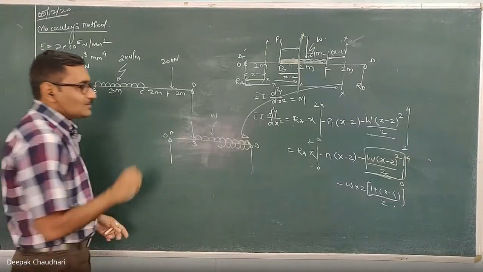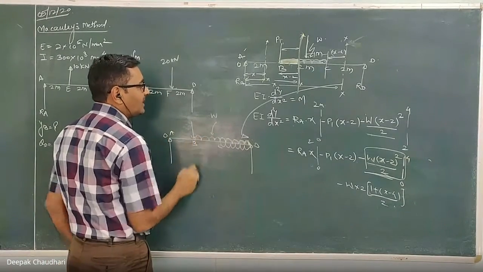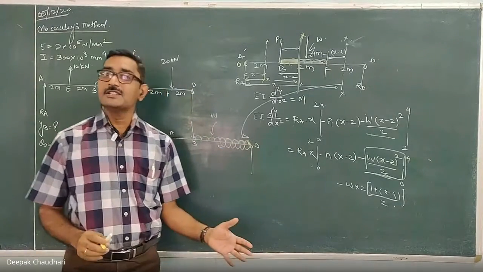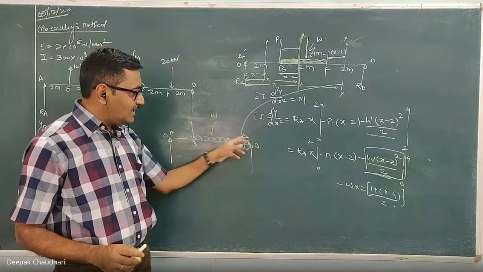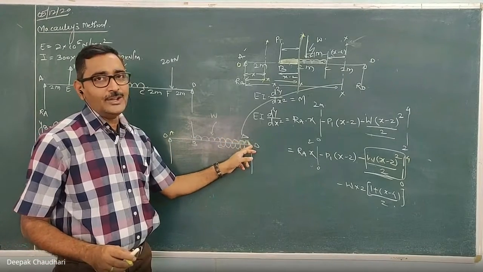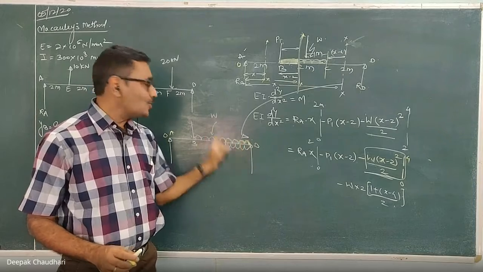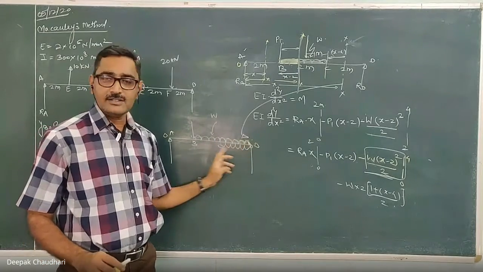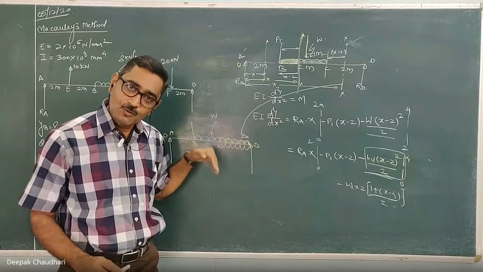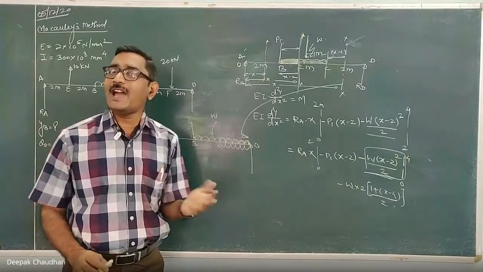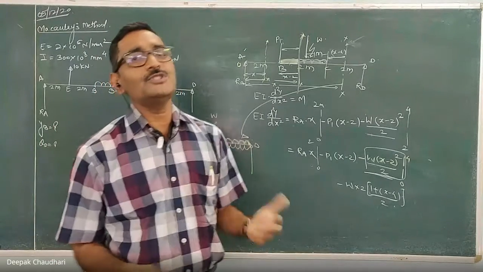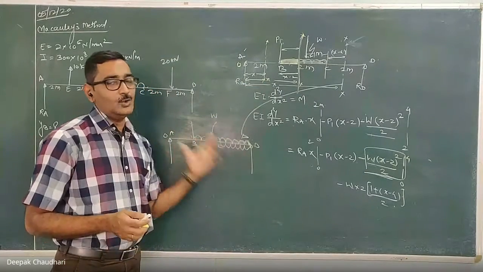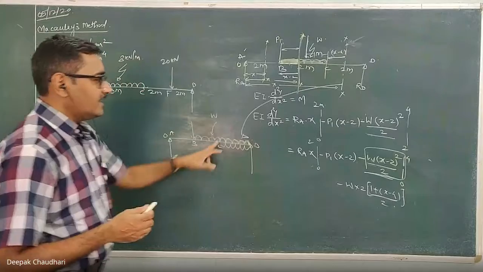Understood? Here, so remember one thing, if there is a UDL at some intermediate point, to make the equation of the Macaulay's method valid, here you have to add the additional UDL, continue that UDL up to the end of the beam, this we are adding in that beam. To compensate that, here add the opposite kind of UDL here on the remaining part. जहाँ पे हम लोग add कर रहे हैं, उसी पार्ट पे उसके अपोजिट वाला UDL ऐड कर दो, so that these two equal and opposite UDLs cancel the effect of each other and we are going to get the same result for the original loading. Okay, clear, have understood this?